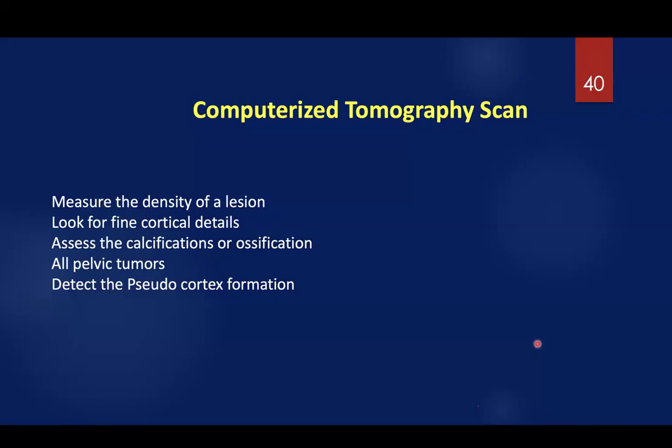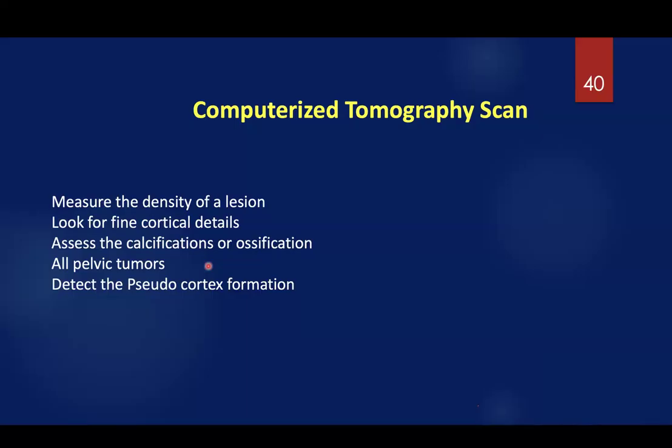And this neocortex, if you see it, you're 100% sure that this lesion is benign. Because again, biology will explain the radiology. And typically, all pelvic tumors have to have a CT scan because this is the best way to look for neocortex formation. And for your information, GCT is extremely common in the pelvis, and sometimes it is a very diagnostic